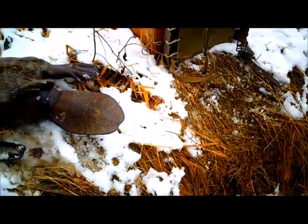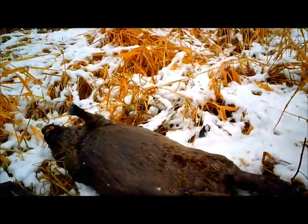Like I said, the trouble with trapping is you never know who comes along after you do, or who's there before you get there. I know this other guy that's here, I talked to him. He's caught 1 beaver, 1 otter, and he's only got 1 trap out. So 3 out of this spot is probably not gonna wipe them out, but I think I could catch more right here. But just because you can doesn't mean you should. You never know who else is going to come along after I leave, or could have been maybe here before I got here. Also, the neighbor over there, he doesn't like beaver, and I think he's been shooting them,